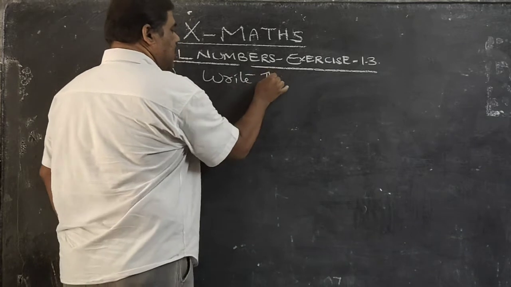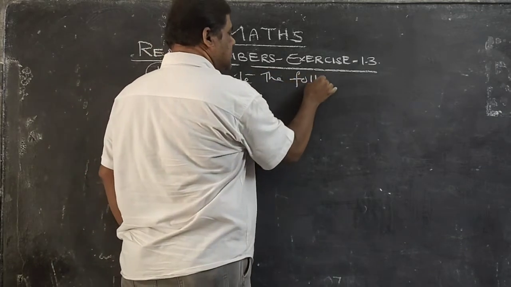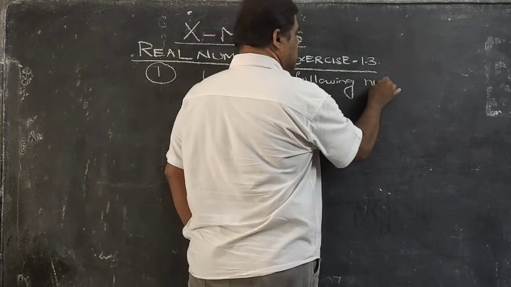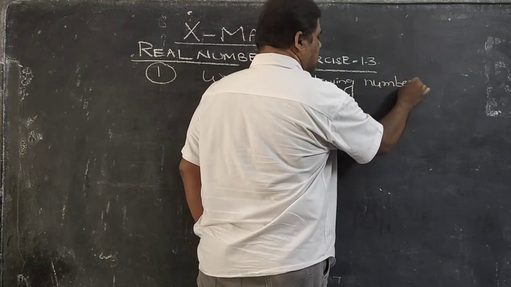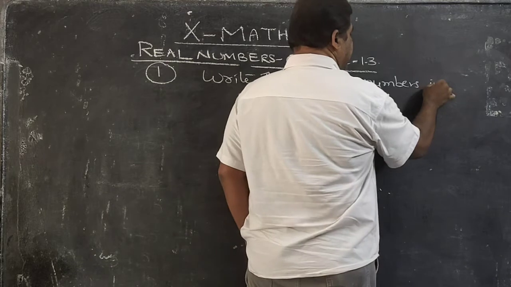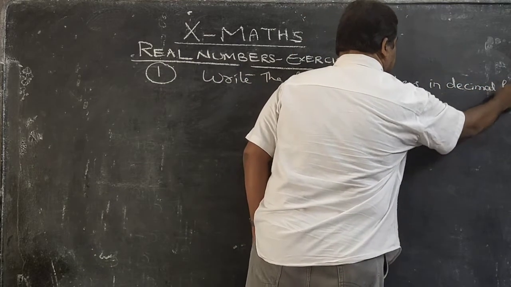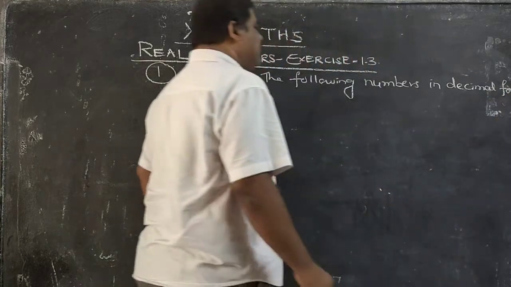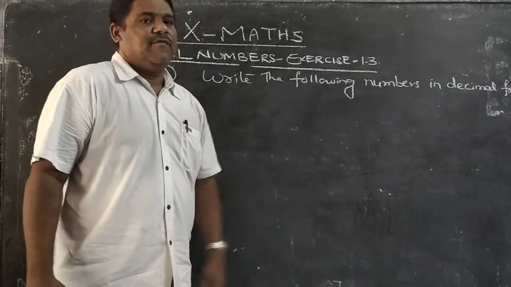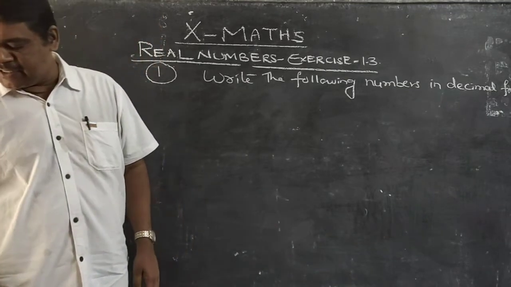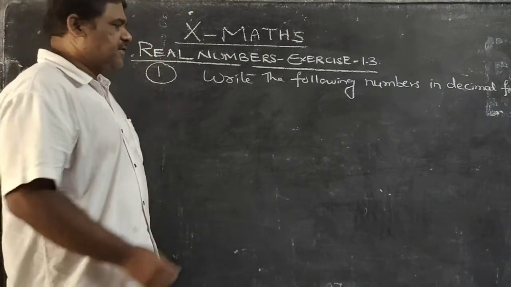So write the following numbers in decimal form. After writing in decimal form, we have to decide whether they are terminating decimals or non-terminating decimals. First question is